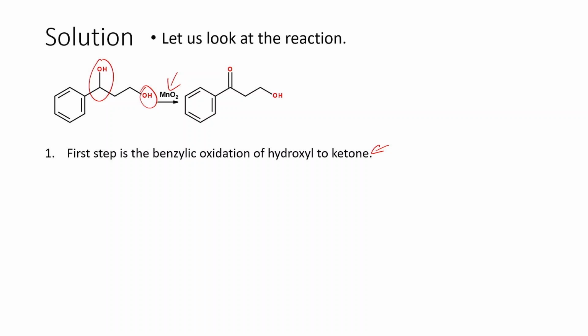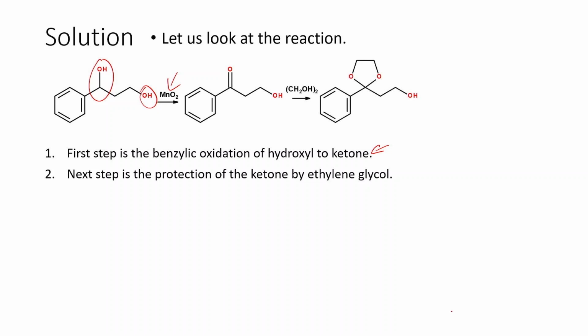So in the first step we will be using MnO2. That gives the corresponding carbonyl derivative. This can now be treated with ethylene glycol and PTSA, paratoluene sulfonic acid. So this carbonyl will be protected as the 1,3-dioxolane, and we still have the free hydroxyl group, and this free